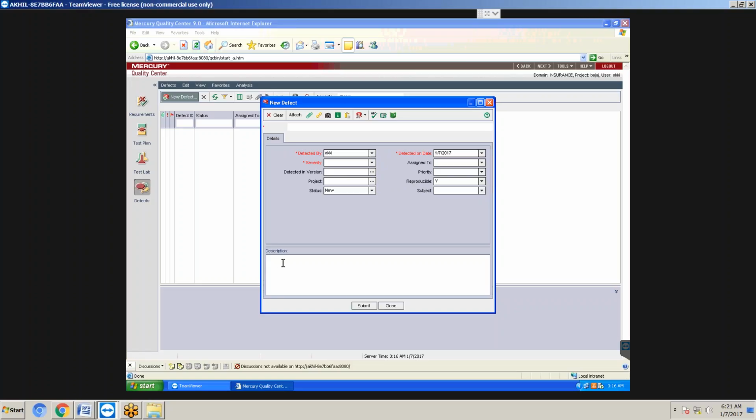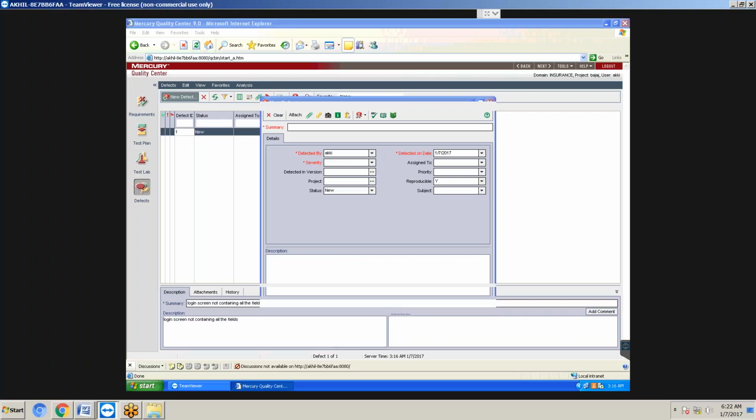Description also we should mention. Compulsorily we should mention the severity: very high. Click on submit. Click on close.